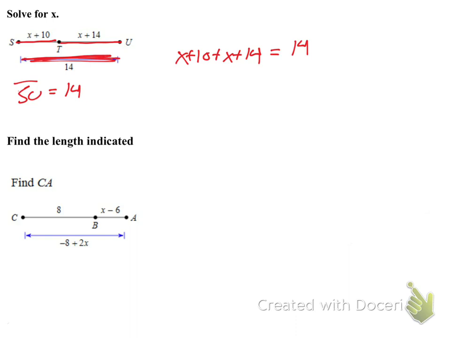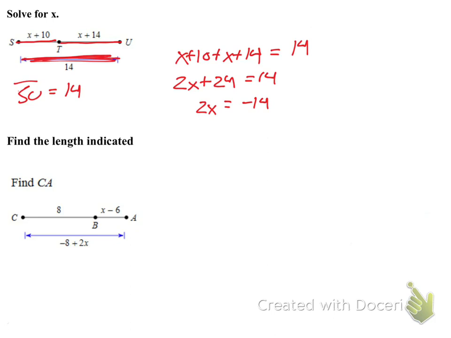So then on the left side, I combine my like terms. It would be 2x plus 24 is equal to 14. And then I do minus 24 on each side. So I'll get 2x is equal to negative 14. And